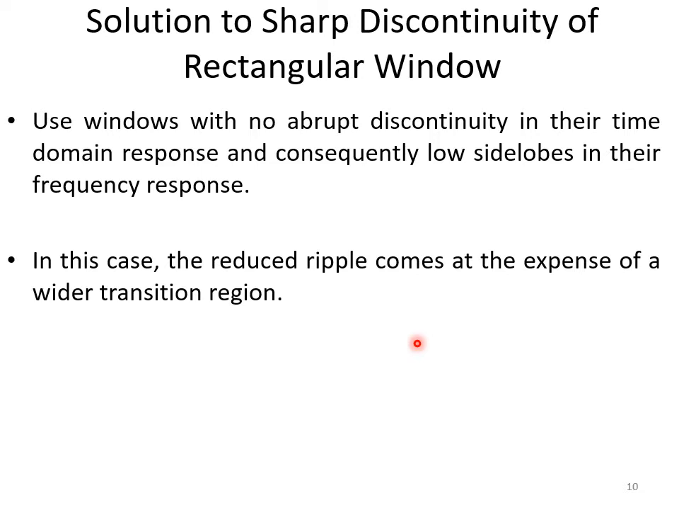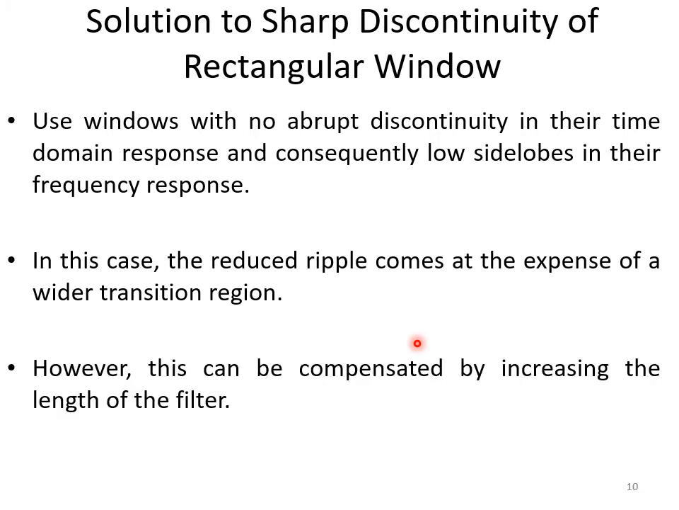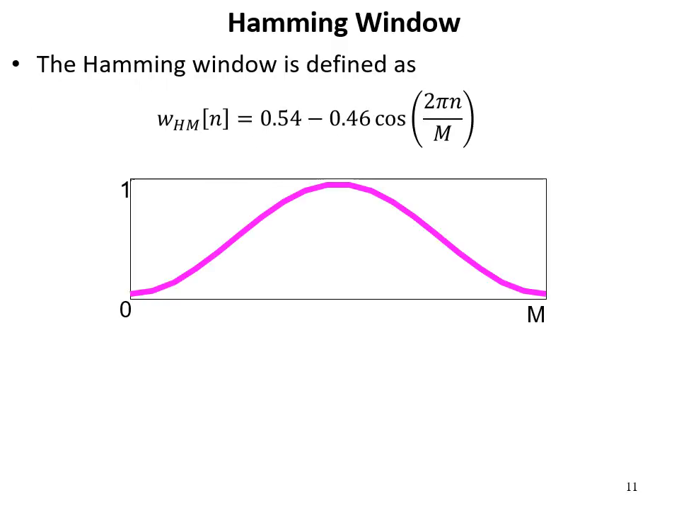But obviously, you can decrease the transition band, or increase the sharpness of the transition band, by increasing the length of the filter by choosing higher values of m, right? If you remember in the last lecture, in example 2,